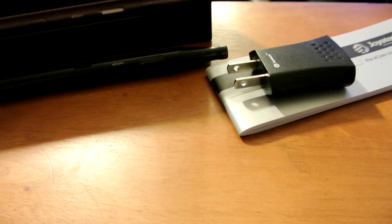So, yeah, I'm at an awkward angle, so kind of bear with me, but I'm going to show you what you get when you get the kit, and I'll get all this stuff out of the way, and then we'll actually get right into it. So, first of all, here's the box, so you can get an idea of how it looks,